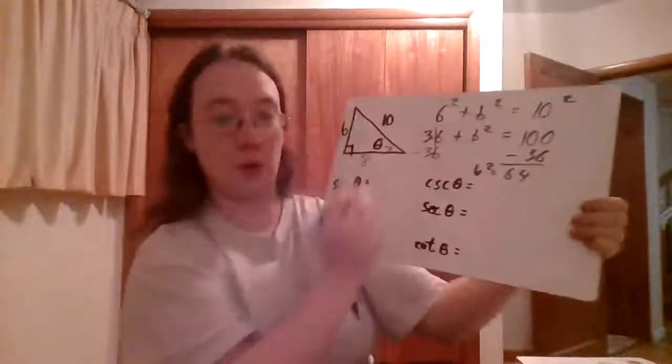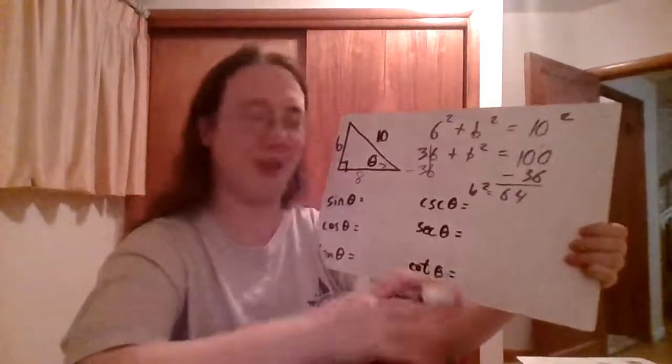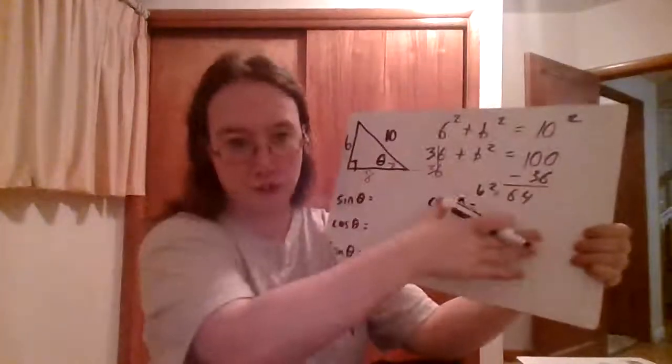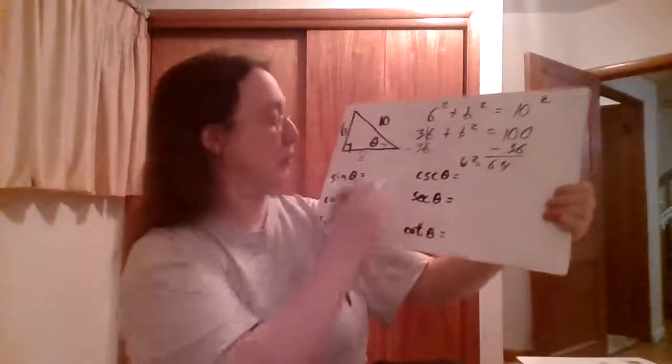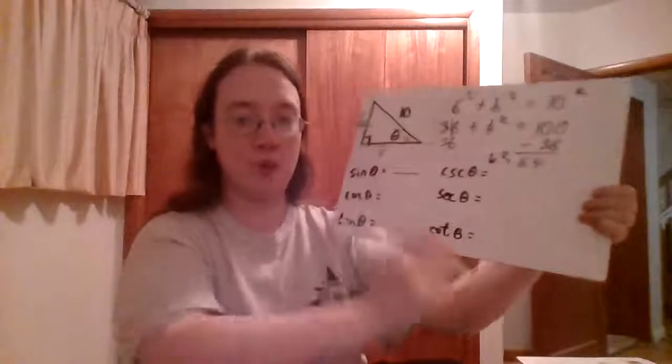And the square root of 64 is 8. And again, if you happen to remember that 3, 4, 5 triangle trick there, then you can save yourself a little bit of this. This works just fine. Okay, so then we're making some fractions, and your sine is your opposite over your hypotenuse,